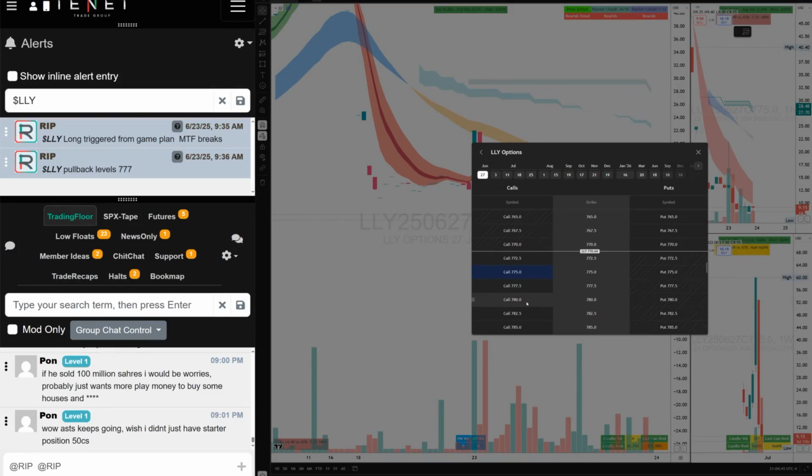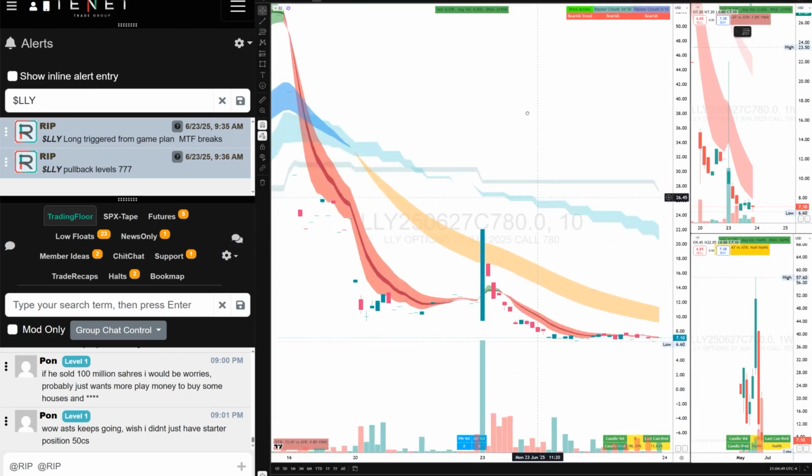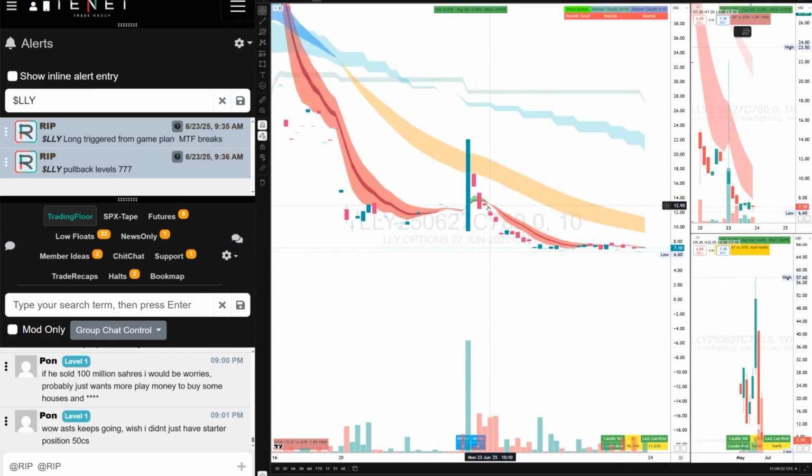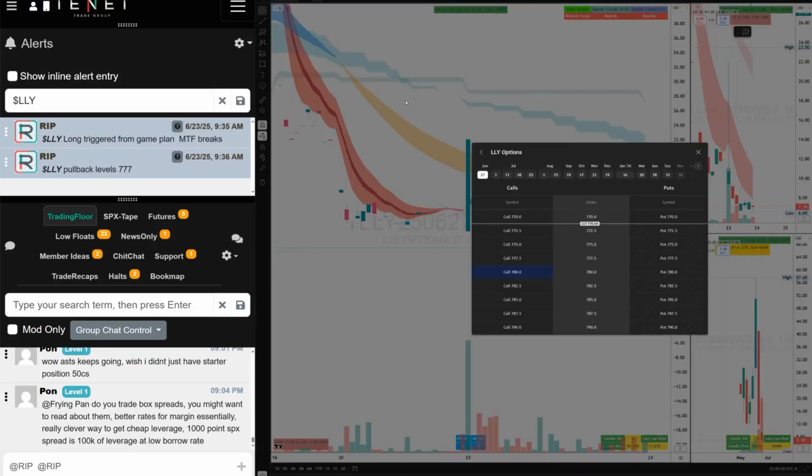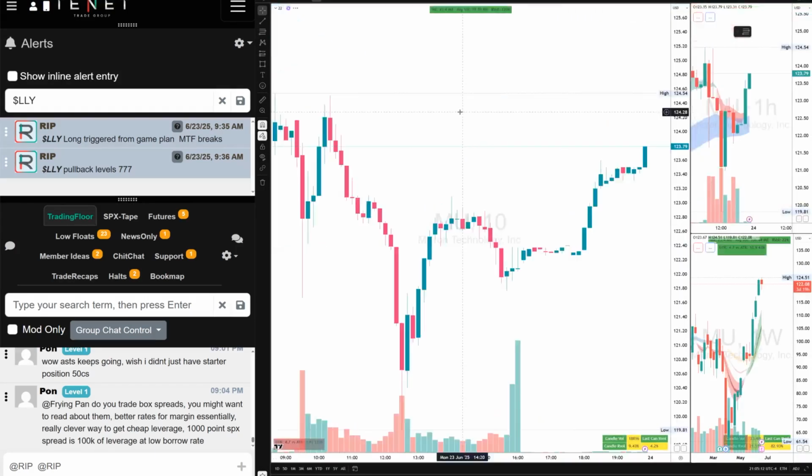Too much, but let's try to see if we can find 780s. Even the 780s were a lot. They were $12, right? So you see that 14 to 12 right away, you're going to lose 30-40% on your trade, and that's how the Lily trade is, because it's illiquid options. So it's very dangerous if you do not size the right way. But the loss is fine. The pullback didn't work.